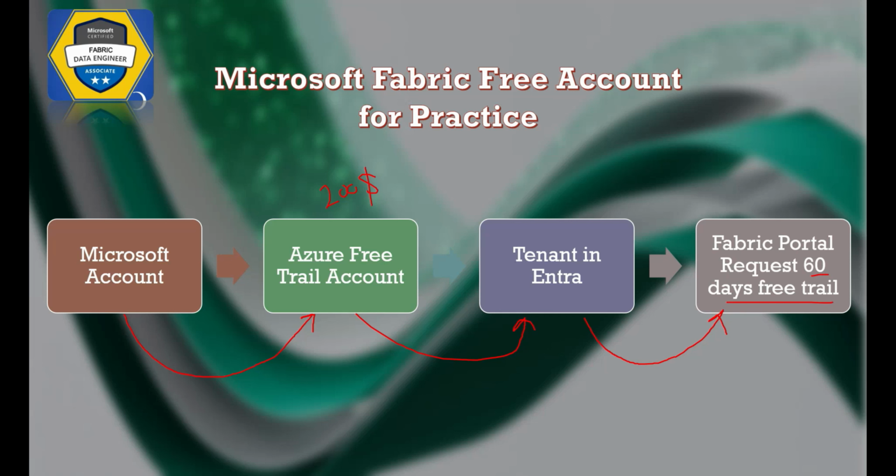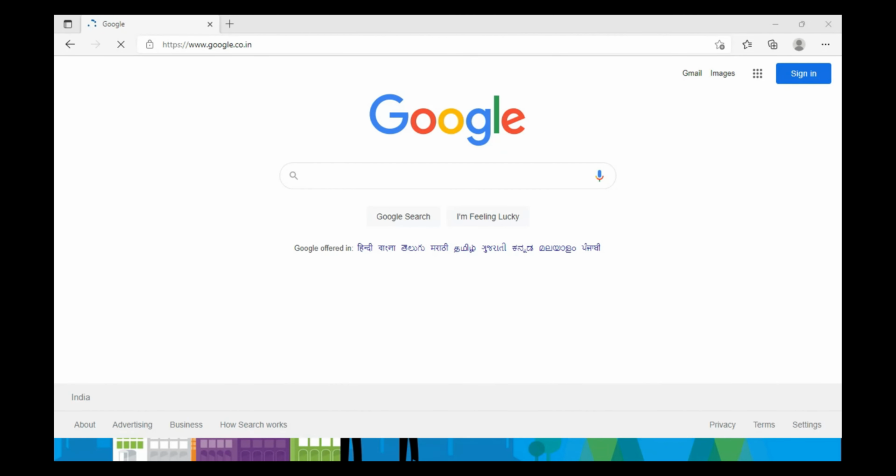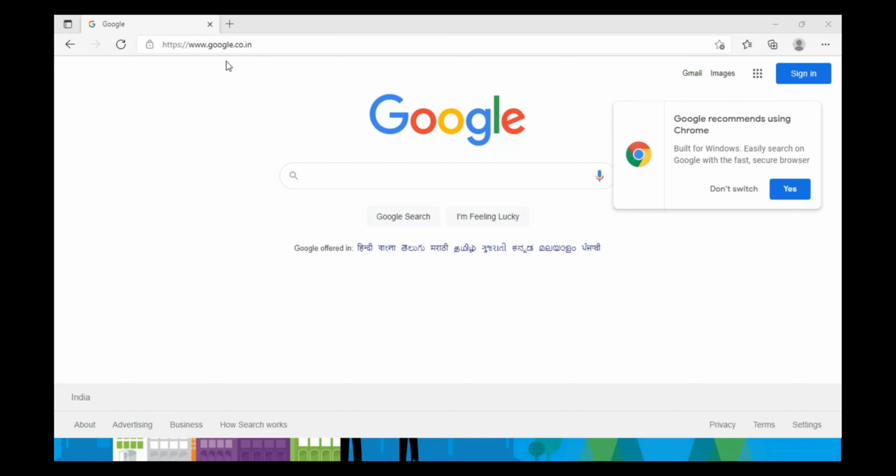So now we will get started with how exactly we create a Microsoft account, the first two steps, and then we go to the next two steps, right? Basically, Microsoft Azure is not a tool that needs to be installed. It is just the account. So we need to create an account, and once the account is created we can practice literally everything in just any browser, maybe Chrome or Microsoft Edge or any other browser for that matter. So let's see how to actually